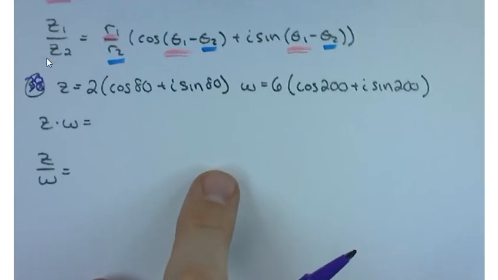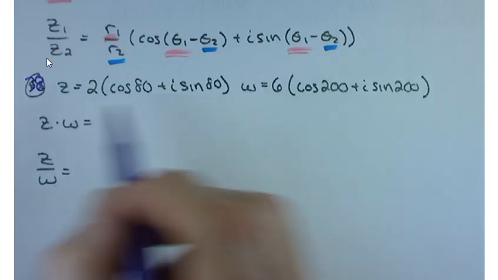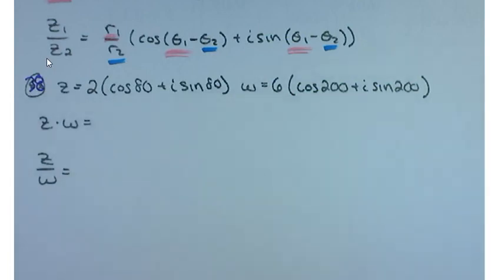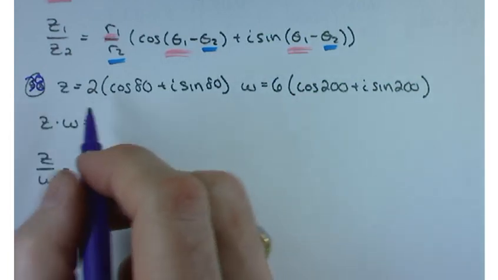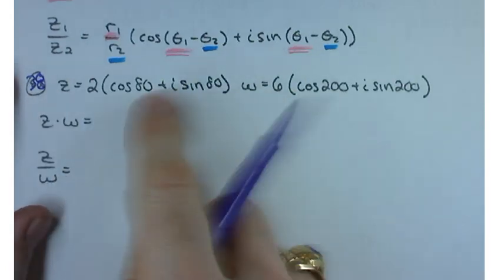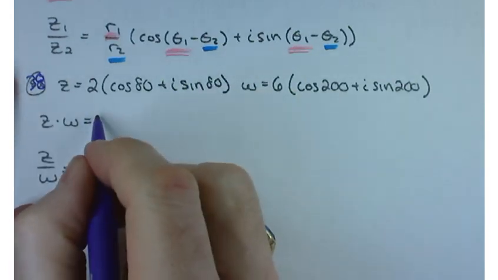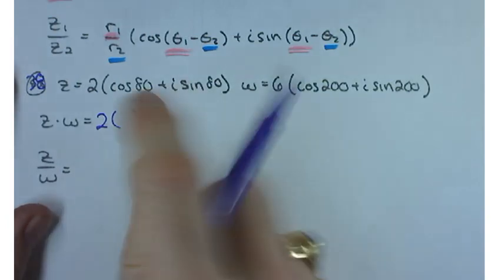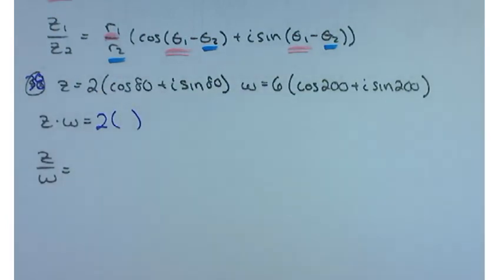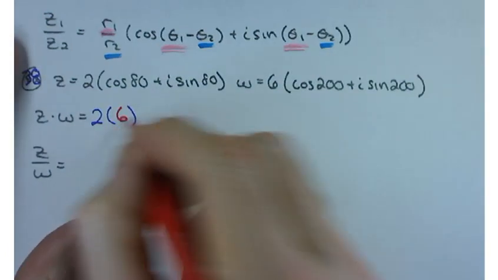So the first part of this is to calculate z times w. You're already starting out with your numbers in polar form, so it's going to be 2 times 6. Does it help out if I keep them kind of color coordinated? All right. 2 times 6